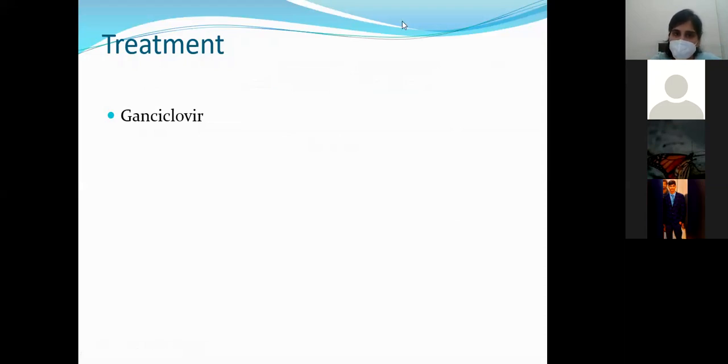Revise cytomegalovirus, children. Cytomegalovirus is actually a double-stranded DNA virus. It belongs to the herpes virus family. It causes inclusion disease. Mostly, it causes congenital abnormalities, and it is the most common cause of congenital abnormalities in the United States. In the congenital abnormalities, you will have microcephaly, seizures, jaundice, hepatosplenomegaly, and purpura.